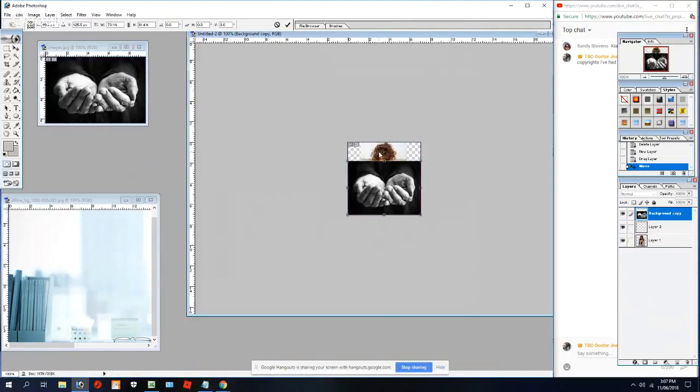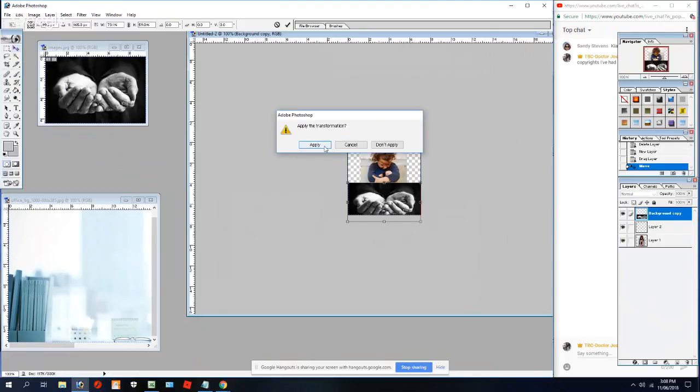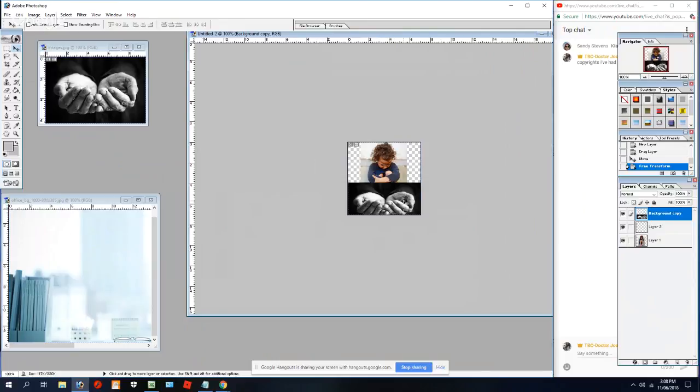What I want to do is put this child in the hands of this person. I go up to the move tool and that takes away that. Now the hands are there, okay, but I want the whole lot, so I'm going to move this one up.